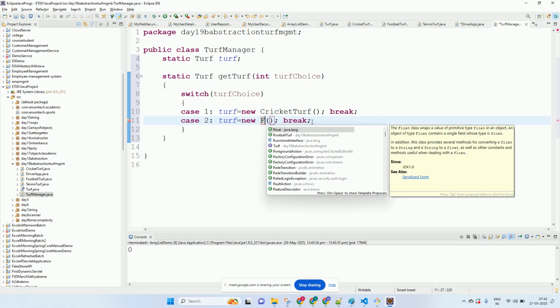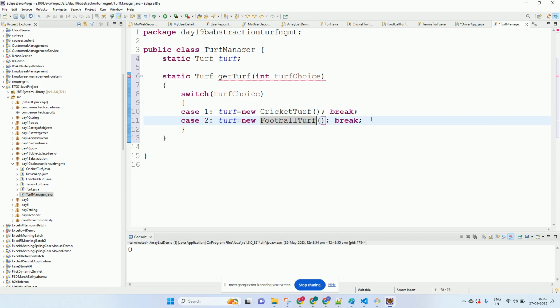Football tough, correct? And if he wants to play 3, then